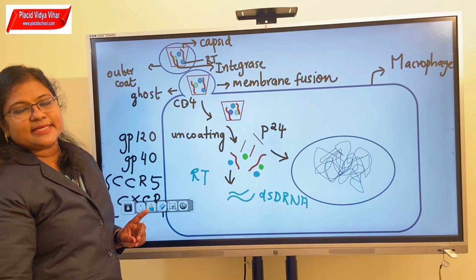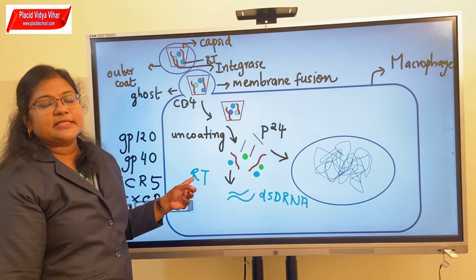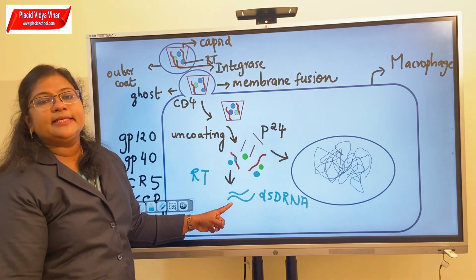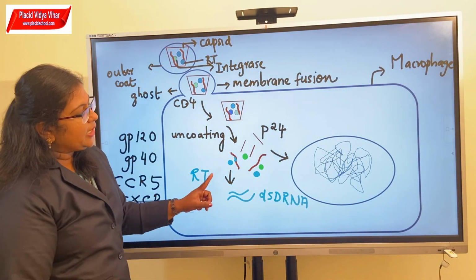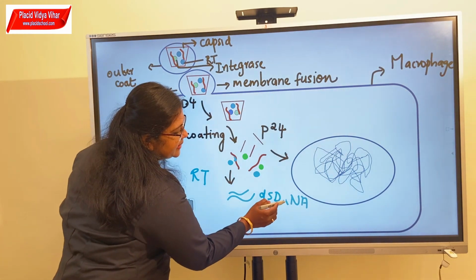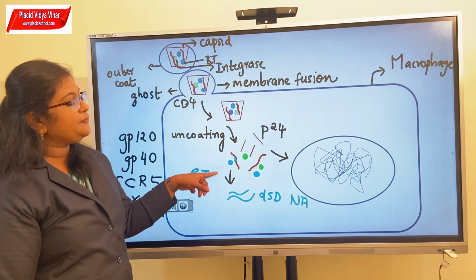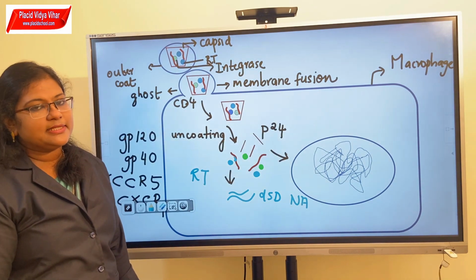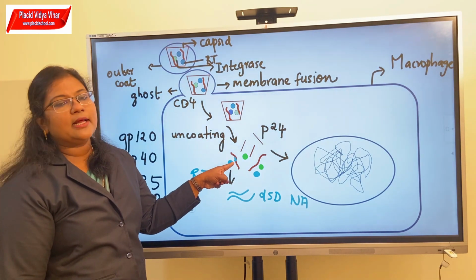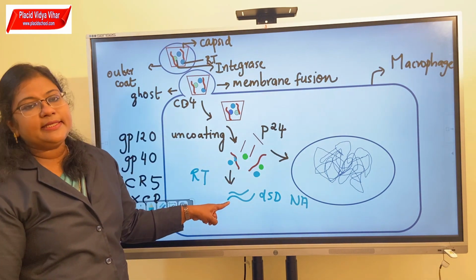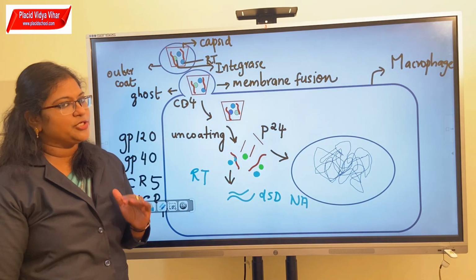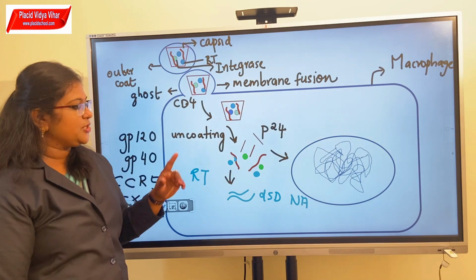Now here is another assignment for you. Reverse transcriptase helps to convert the single-stranded RNA molecule into double-stranded DNA. Now along with this, it has one more function. Find out what is the other function of reverse transcriptase. Is it clear? Reverse transcriptase is an enzyme which helps to convert the single-stranded RNA of the virus into double-stranded DNA. Along with this function, it has one more function. Find out that function and let us get back to it in the discussion classes.